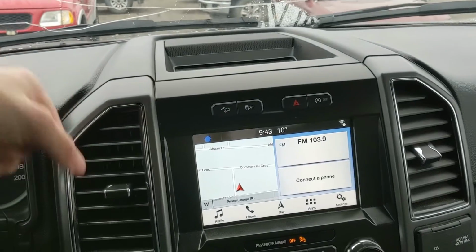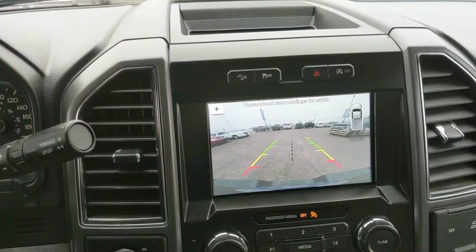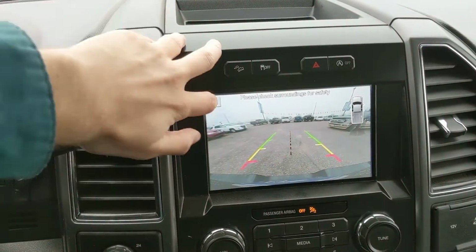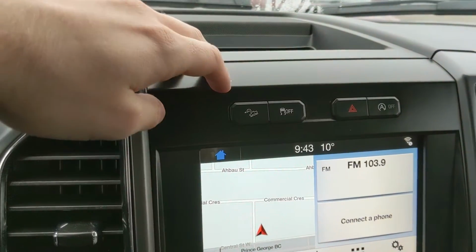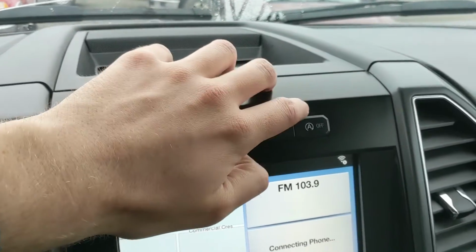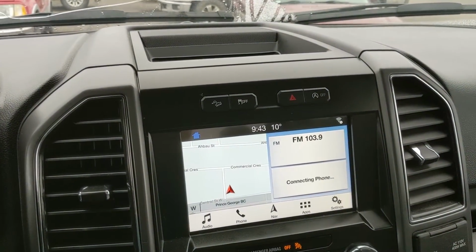But then shifting into reverse, you do also have a backup camera with reverse sensors that will alert you if you're about to hit anything, so hopefully you can avoid that, with dynamic hitch view, so you can hopefully have an easier time hooking up a trailer or something of the sort. But then above that you have your hill descent assist, traction control shut off, hazards, and your auto start stop shut off. So when your vehicle is sitting idle, the engine will shut off to cut down on emissions and